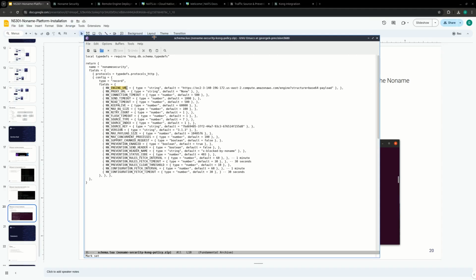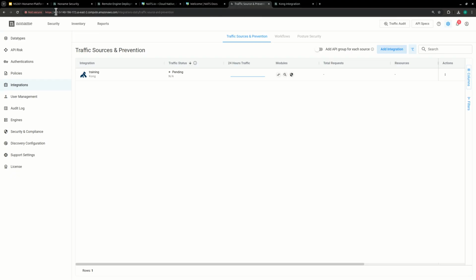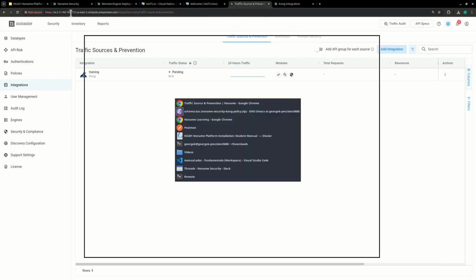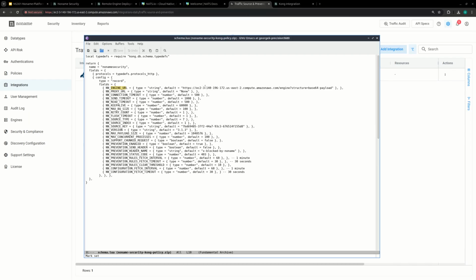If you have a look at your no-name platform, let's go back to the no-name platform. EC2, 3, 140, 196, 172. If I go back, EC2, 3, 140, 196, 172, it's the same exact host. The source key is right here. No name source key. The index is 1. The type is 7. Exactly the same values like before. So this is the value we're interested in. This is it. And of course, what we want to do is copy this value into our clipboard,